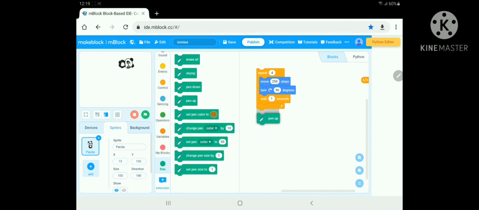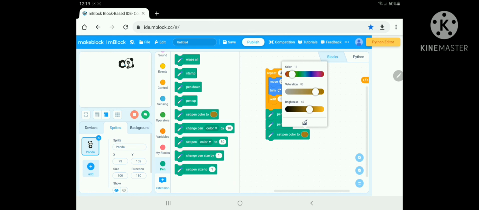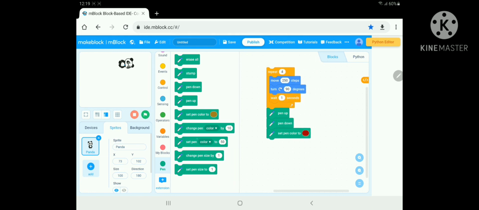You need to take the pen up, pen down for the moving, and you need to take the set pen color too. You can choose any color as per what you want. I'm taking this, and you can take set pen size too. I will show you how it works.